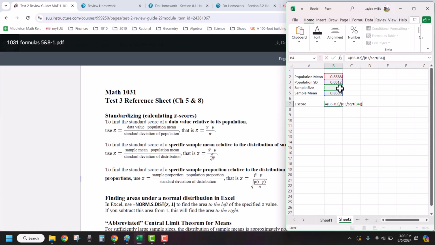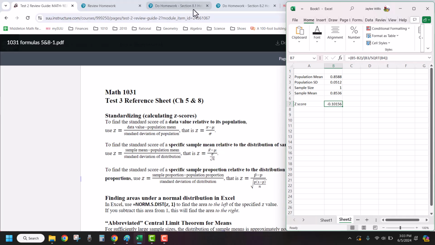So that's the way that I would type the formula in. Make sure that you put parentheses around the calculations you want to have done first. So I want these two to be subtracted and these two to be divided, and then divide that result by this one. And so that's why I put parentheses around this part, parentheses around this part, and then divided those two. And that gives me a z-score of negative